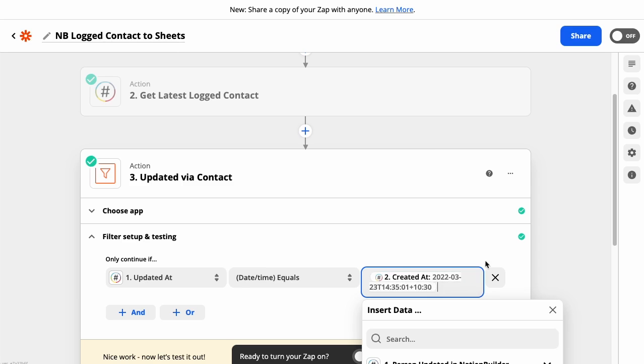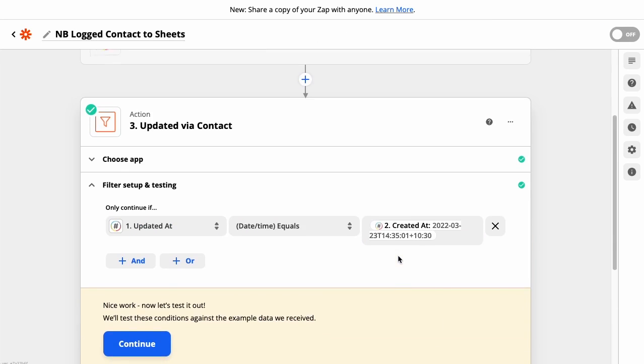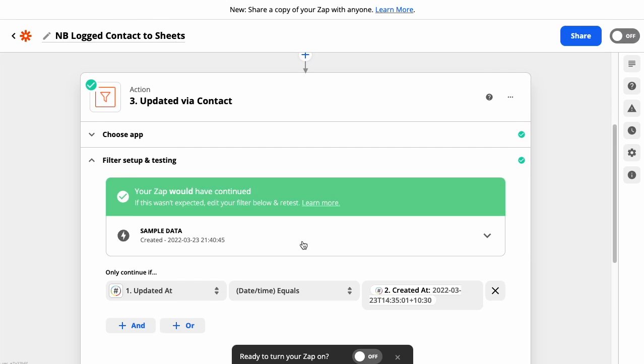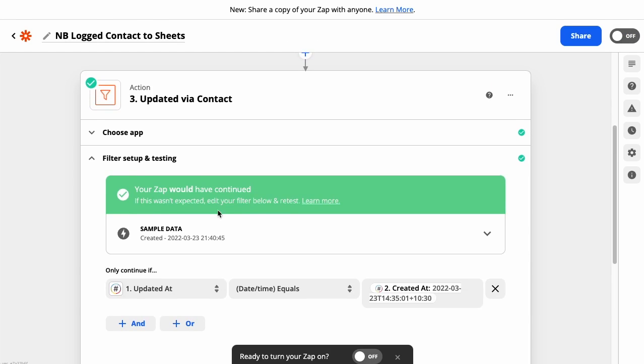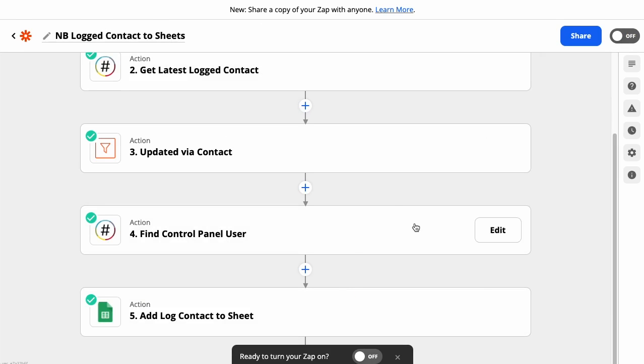So when was the contact created at? And this goes down to the millisecond, right? So they're going to match up perfectly. Let's just run that. You can see this zap would have continued because those two things were identical. All right, so now that we're only getting contacts when they are being updated because of the logged contact,